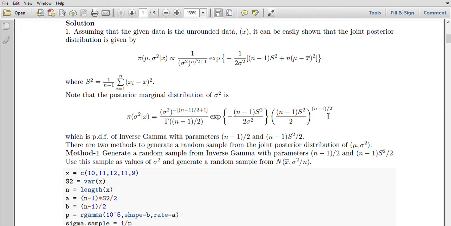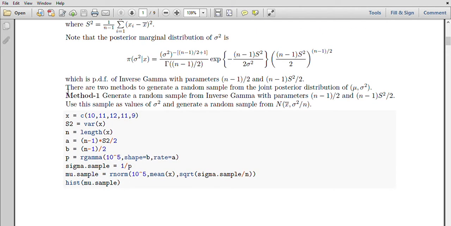Now let us see how we generate observations from inverse gamma. Because the name itself suggests that the distribution is inverse gamma distribution, we can easily use the fact that inverse gamma is generated by reciprocating the gamma random variable. So if we want to simulate observations from inverse gamma distribution, we can simulate observations from the gamma distribution with the same parameters and then take their reciprocal. So the reciprocal observations will be the observations coming from inverse gamma with the same set of parameters. So let us follow the procedure which we have discussed now.